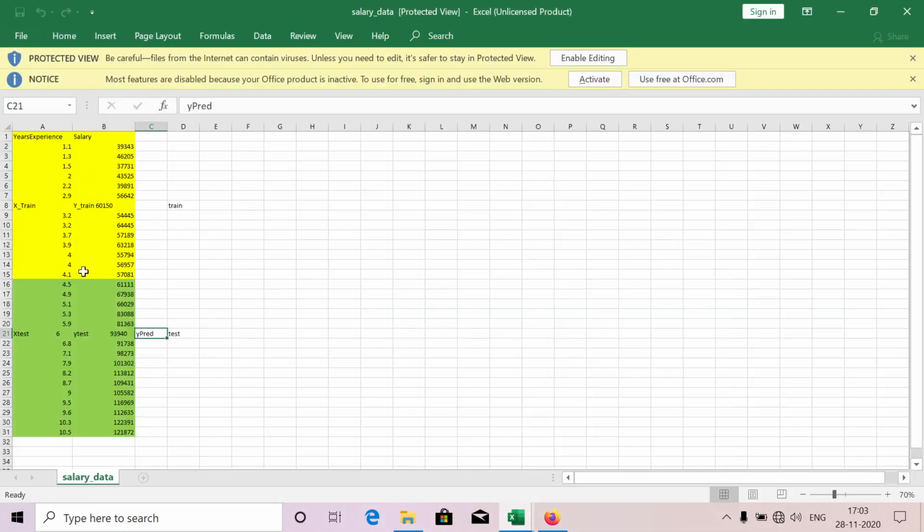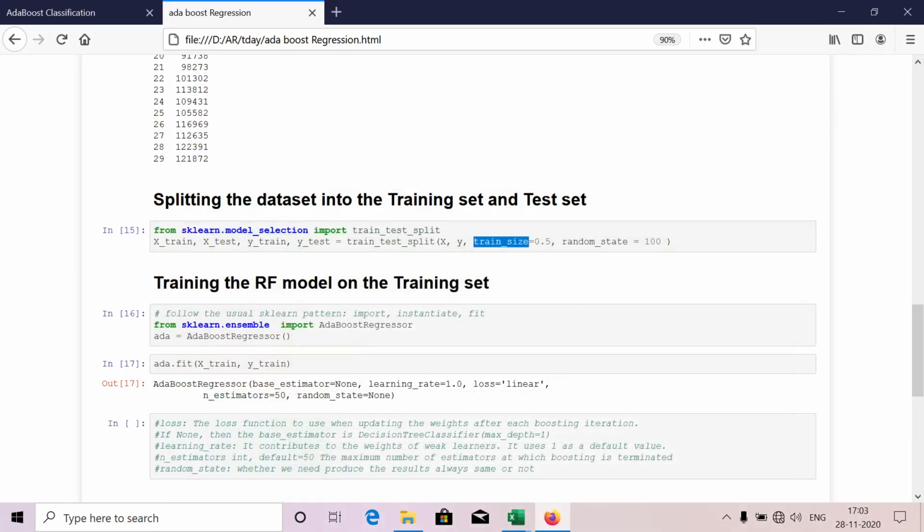The first 15 samples I am mentioning as train, and the remaining 15 samples for the test. Next, random state should always be mentioned, otherwise we'll get different predictions. That's why here I'm dividing into X train and X test, Y train and Y test. I got the 4